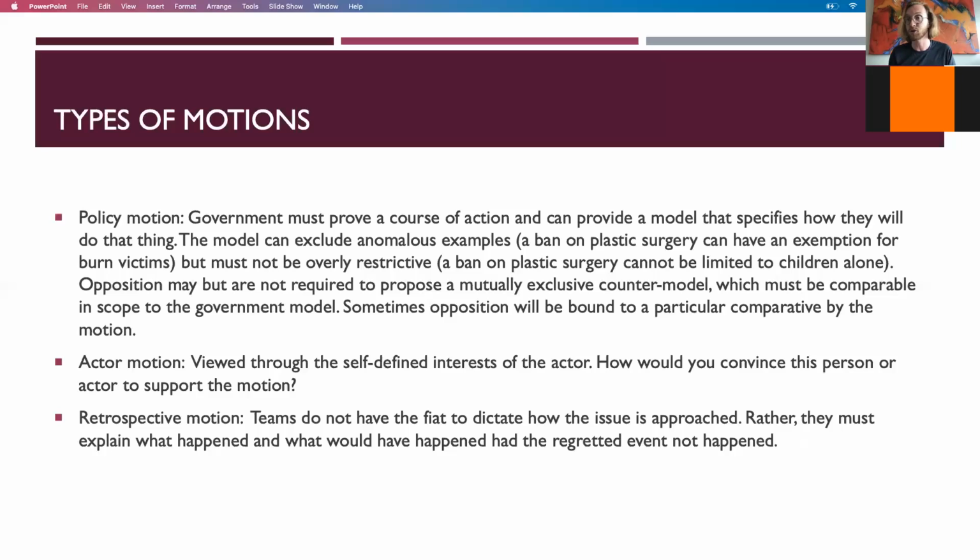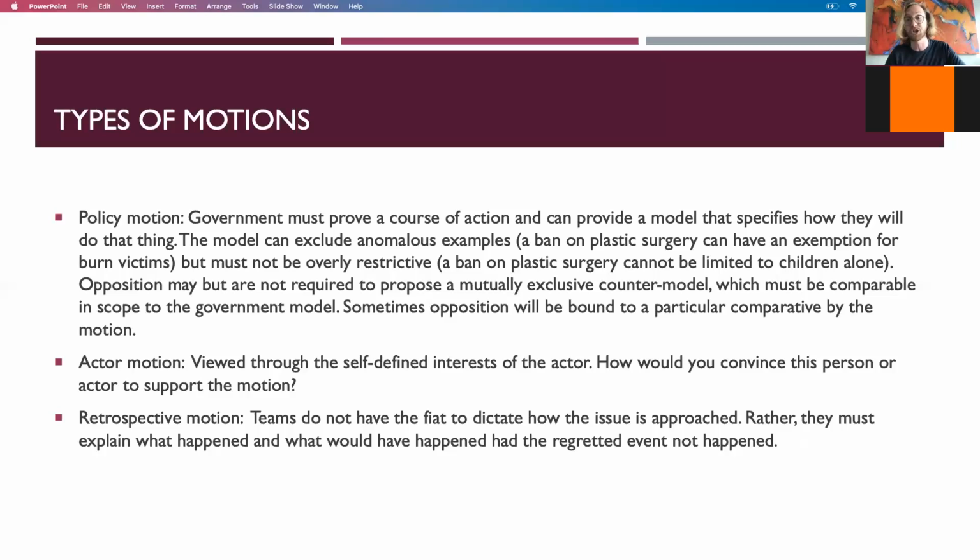And then finally, we have retrospective motions, and that's essentially just where teams do not have the fiat to dictate how the issue is approached. Rather, they must explain what happened and what would have happened had the regretted event not happened. So say we regret American independence. We can't say that what we would have preferred to happen would be Britain ruling forever and ever and ever, and no evolution of the American political system or political life at all, because an opposing team could stand up and be like,